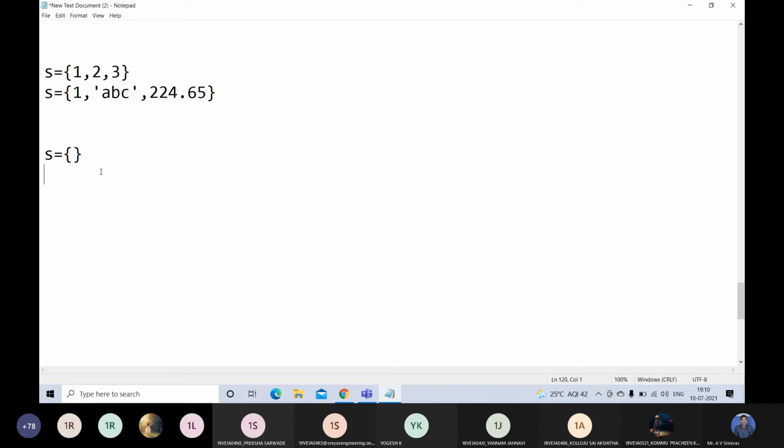If you write S is equal to empty curly brackets, by default it is considered an empty dictionary, not an empty set. That's why don't use this one. If you want to create an empty set, you can go for S is equal to just the set function, set empty parenthesis. It will create the empty set. But don't write S is equal to empty curly braces.